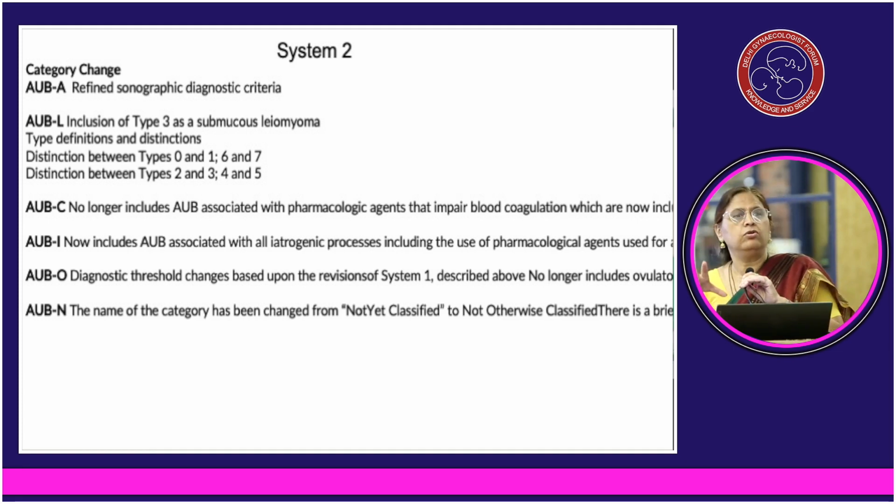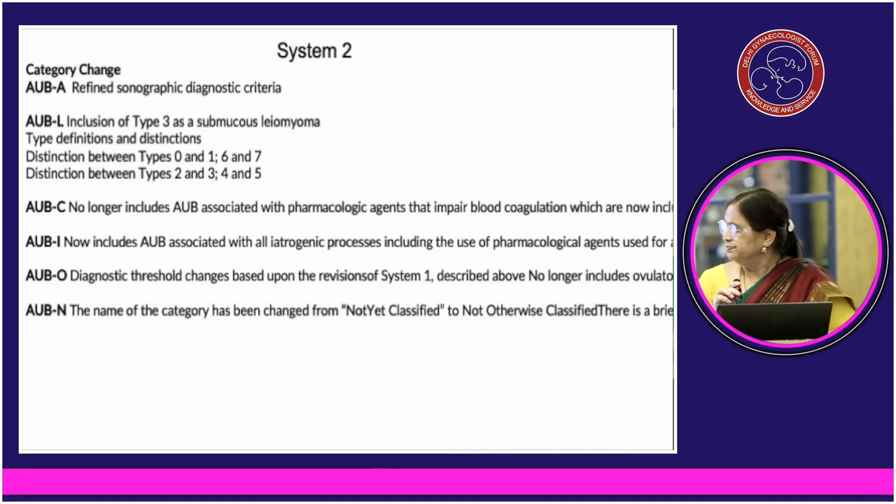Ovulatory is only when an ovulation disorder is there, and one very important point here is that to diagnose whether this AUB is ovulatory or non-ovulatory, there is no role of endometrial biopsy. Endometrial biopsy is to be done only when it is indicated, for patients where you want to know whether hyperplasia may be there, or after 40 years of age. But to diagnose whether the patient is having ovulation or not, there is no need of doing an endometrial biopsy. So ovulatory disorder only when there is a disorder in ovulation because of some mechanical disorder,